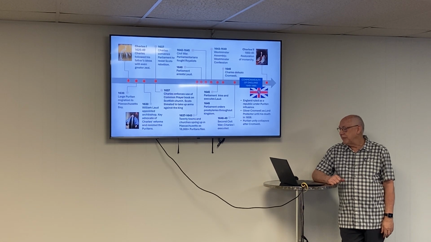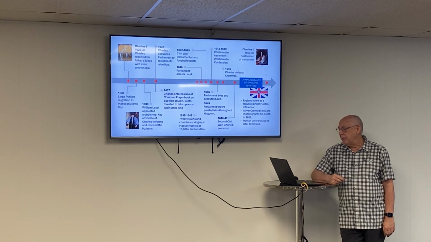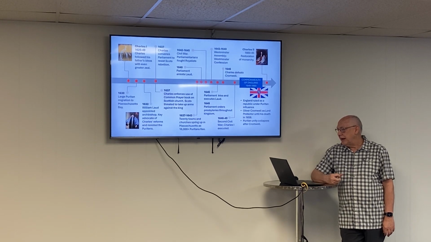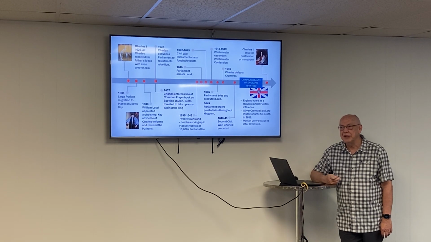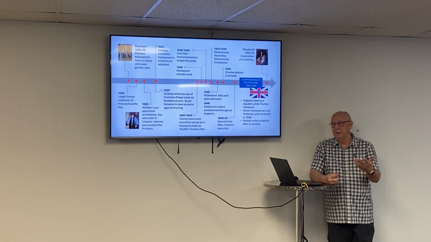Ultimately, we'll come back and talk about the Westminster Assembly in just a minute, but ultimately Parliament tries and they execute Laud. In 1646, Charles defeated Cromwell, which is one of the leading proponents of the reformers, and that leads to a second civil war. Charles I is ultimately executed. And you think, okay, this is just normal church history,